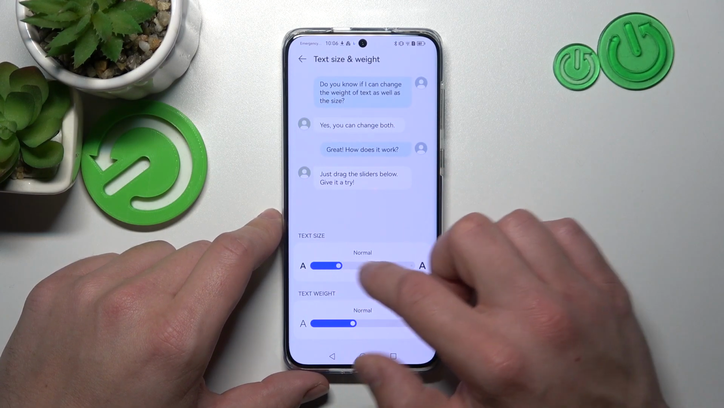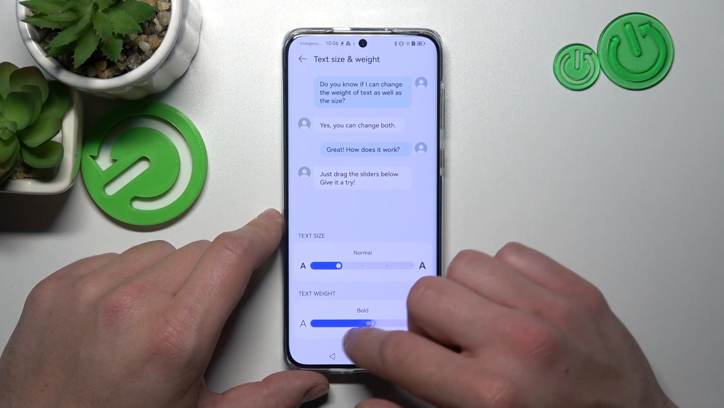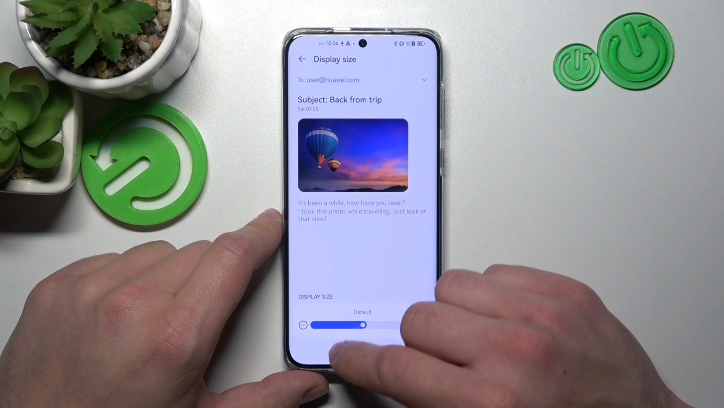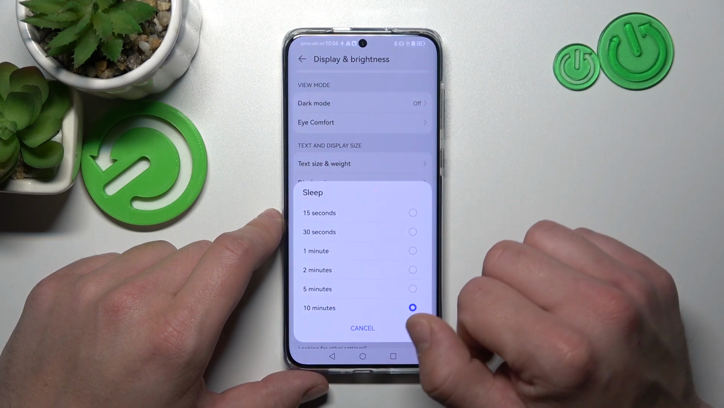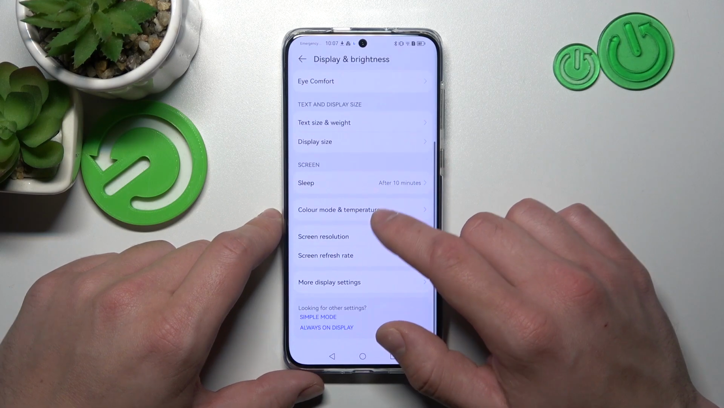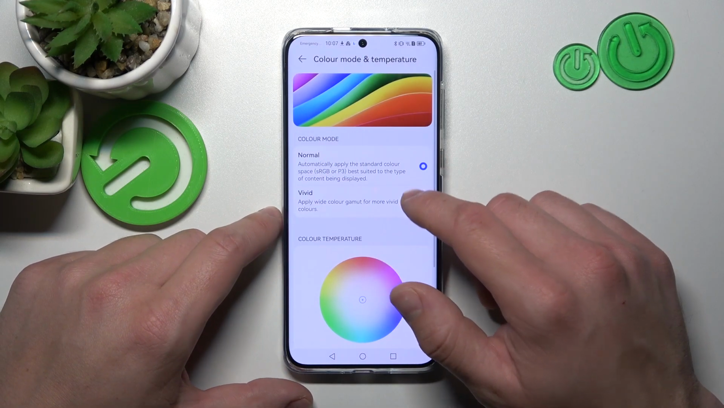Next, we can change text size and text weight. Then we can change display size, change sleep timeout between 15 seconds and 10 minutes, adjust color mode and temperature,